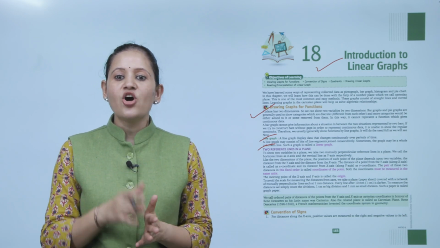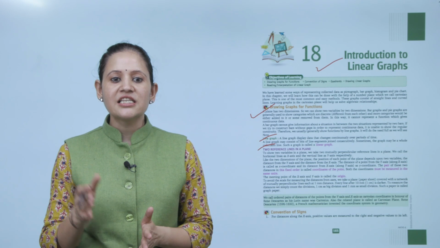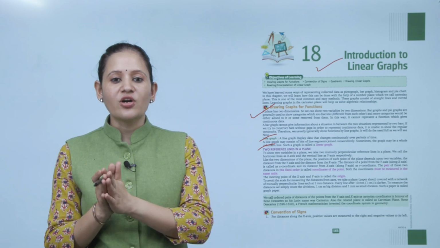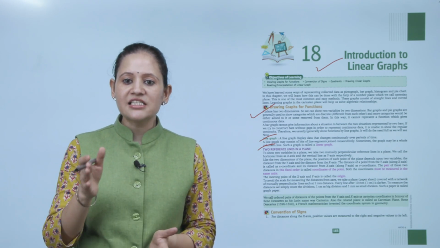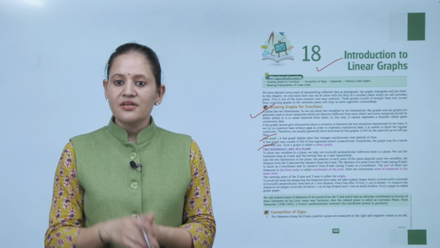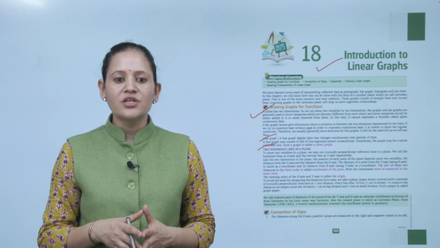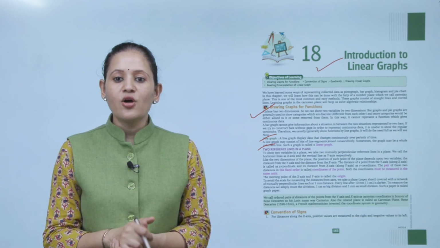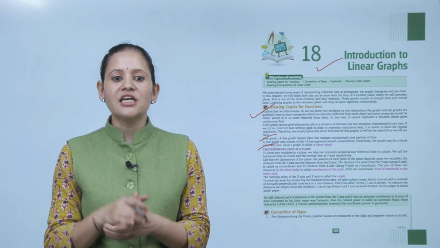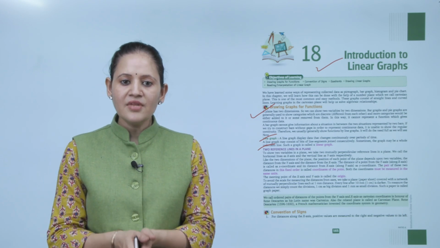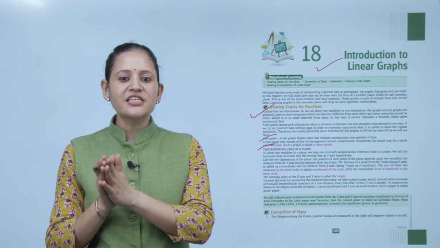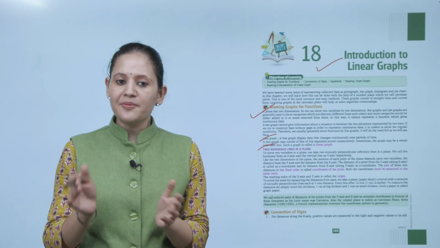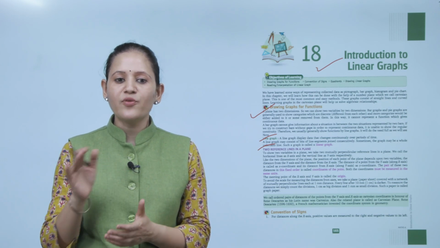The distance of a point from the y-axis is called the x-coordinate, and the distance from the x-axis is called the y-coordinate. The pair of these two distances in this fixed order is called the coordinates of the point. Both coordinates must be measured in the same unit. The meeting point of the x-axis and y-axis is called the origin. Where both axes meet, that is called the point of origin.